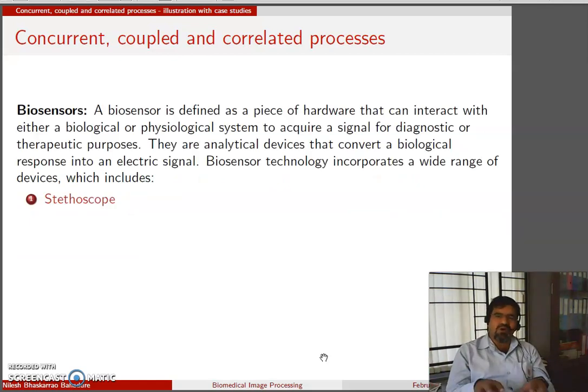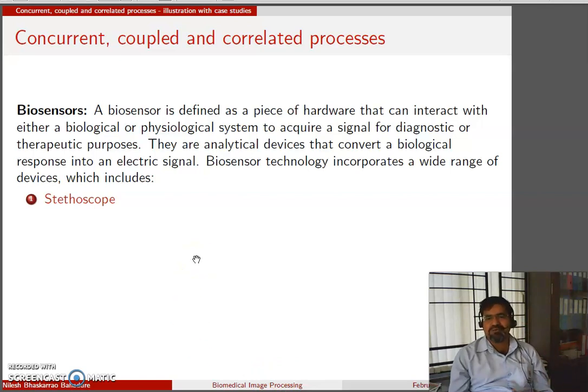Now, how should these overall systems be ensured with the devices? Here we employ the biosensors. A biosensor is identified as a piece of hardware that can interact with either a biological or physiological system to acquire a signal for diagnostic or therapeutic purposes. They are analytical devices that convert the biological responses into electrical signals. Biosensor technology incorporates a wide range of devices, which includes